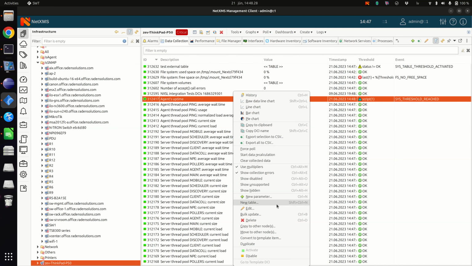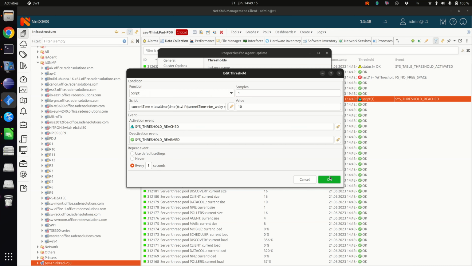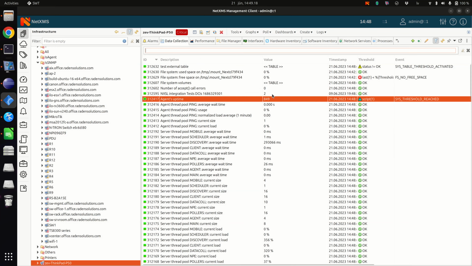Okay. Let me regenerate the event. Force pull. Let me check. Okay. Anyway, it will be regenerated next time. It will be collected, not by force. Okay, so